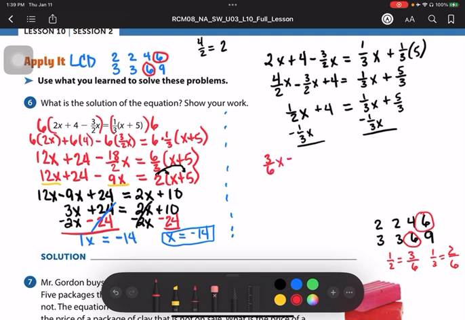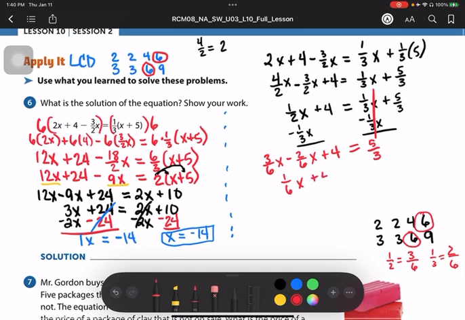Okay, so now I have 3/6 x minus 2/6 x plus 4 equals, remember this cancels, equals 5/3. Okay, so now I want to combine like terms. I have 1/6 x plus 4, and I want to subtract 4 on both sides. So 5/3 minus 4. This cancels and leaves 1/6 x equals